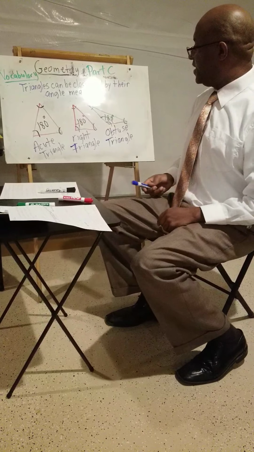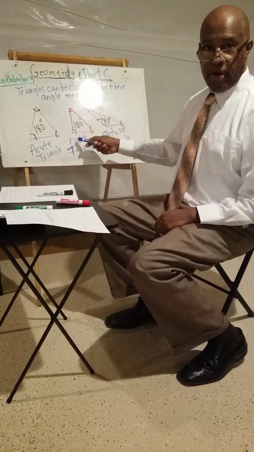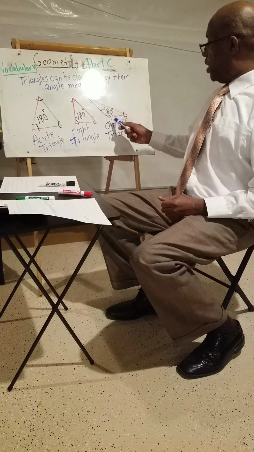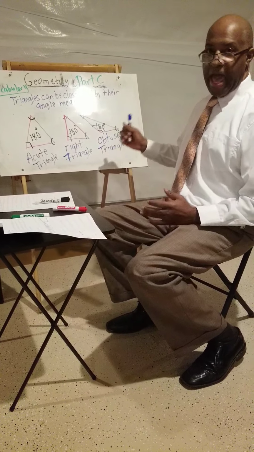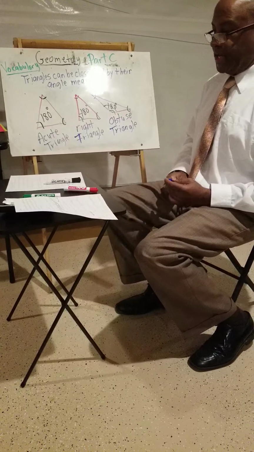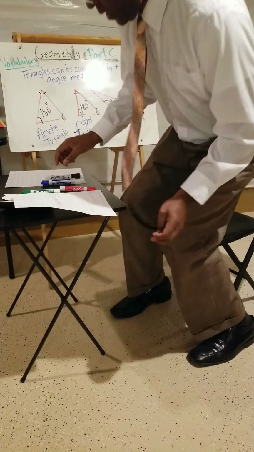The only difference is here, we know that one of the angles in a right triangle has to be 90. We know that one of the angles in the obtuse triangle has to be more than 90 degrees and less than 180. Okay, so